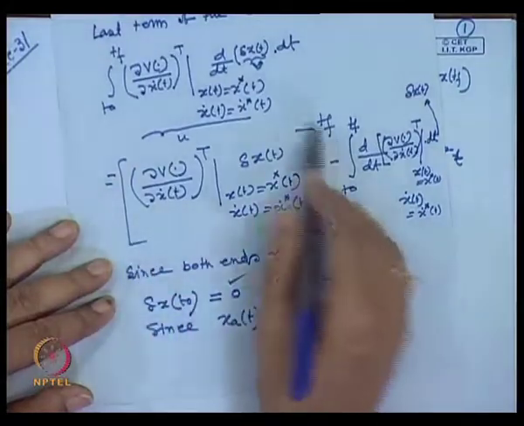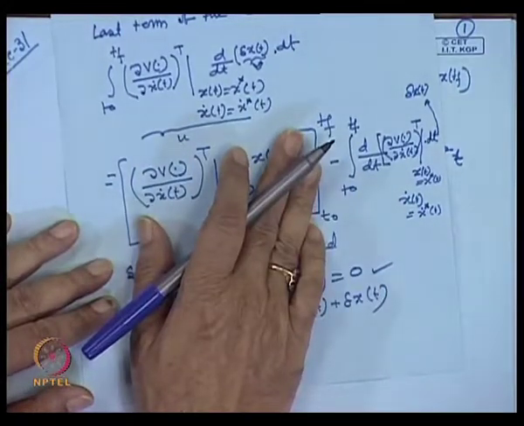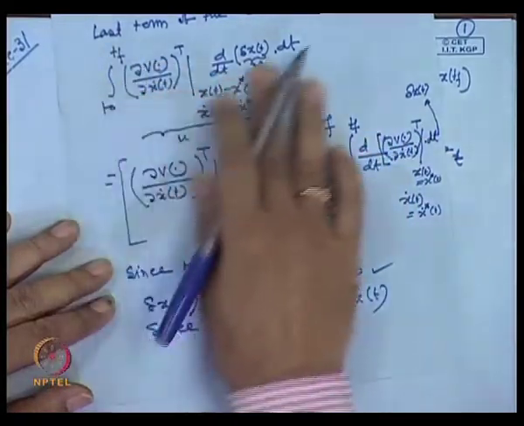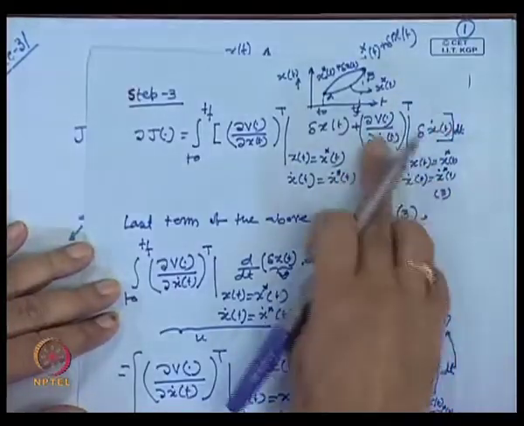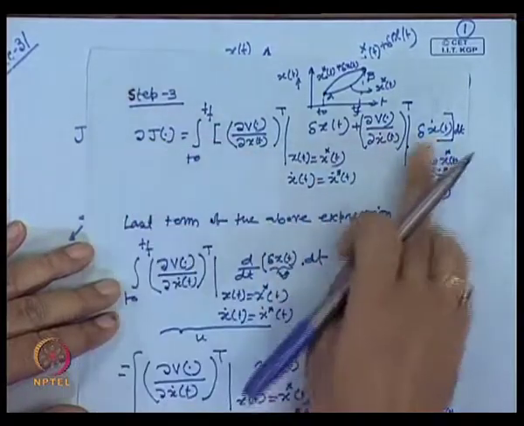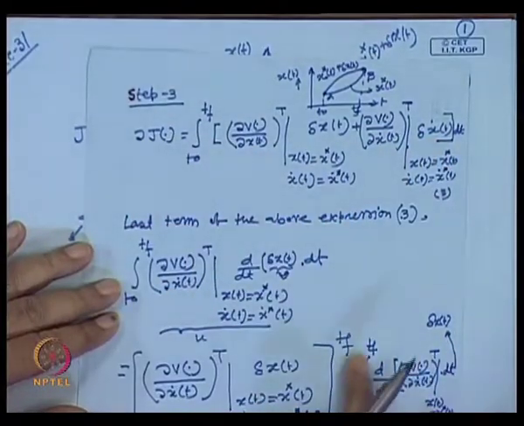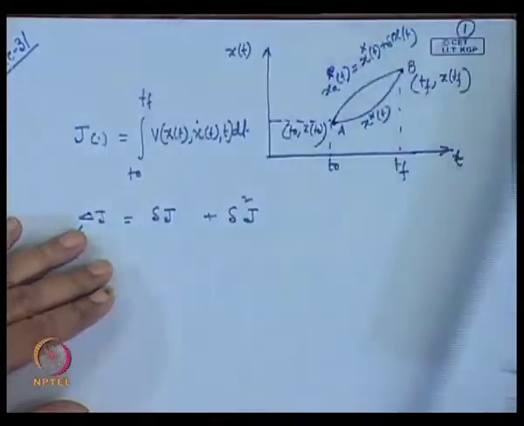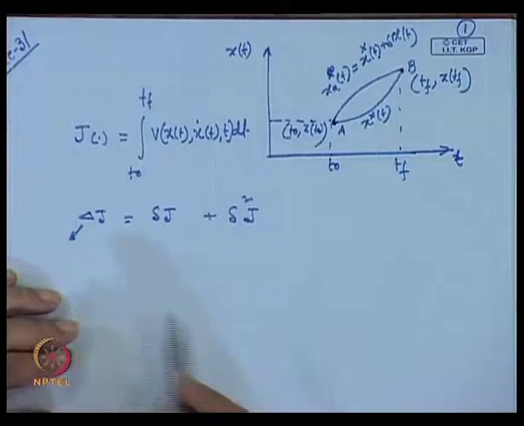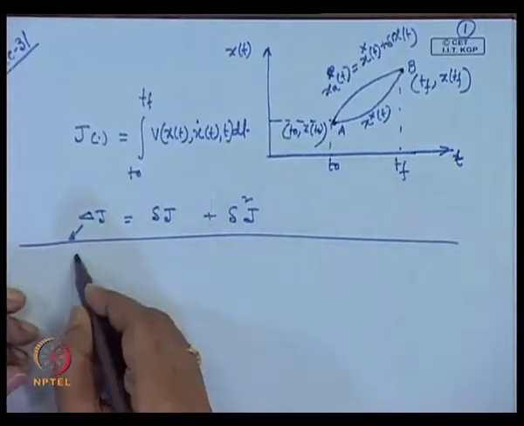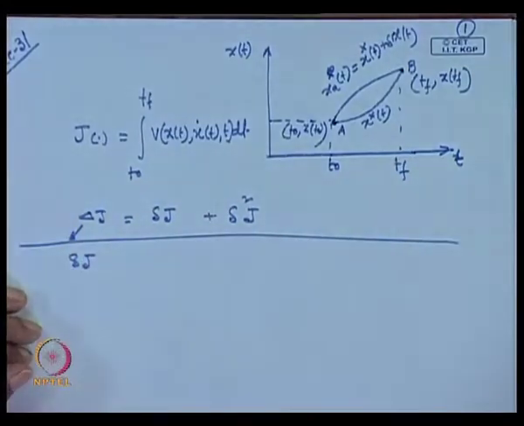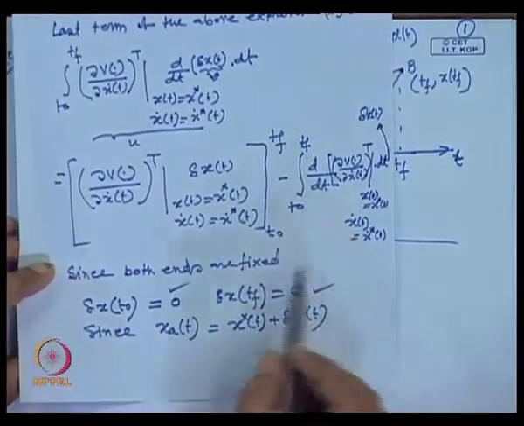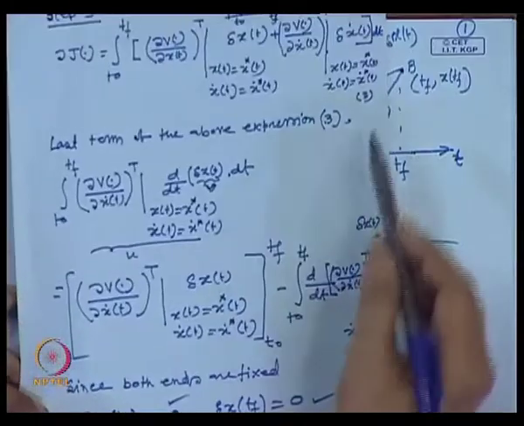If you put this condition here, the first term will not come into the picture, only this term. So, the second term of this first variation of the functional can be written as this term when both the ends are fixed. Keeping that in mind, delta J, now I can write it here, if you use this expression in equation number 3,